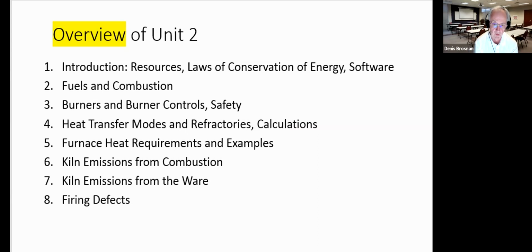Then we'll get to emissions, both from the combustion of the fuel and from within the ceramic itself while it's being fired. And finally, we'll take a look at firing defects. So that's where we're going in Unit 2. Units 1 and 2 are the major units in the course. The last unit will be about emissions control and stack testing and things of this particular nature. It'll be shorter. So let's get started